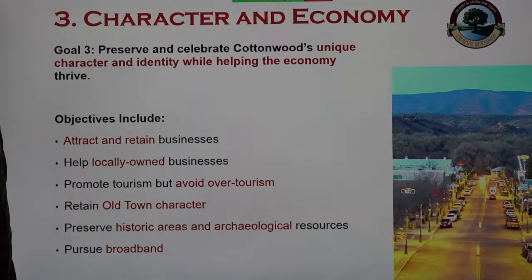Third chapter is character and economy. This element is about preserving and celebrating Cottonwood's unique character and identity while helping the economy thrive. So this takes economic development and community character and mashes it together because they are very dependent on each other. You really can't have one without the other. So the idea here is to attract and retain businesses. Another objective is to help locally owned businesses, promoting tourism, but avoiding over-tourism, because tourism does benefit our small, independent, locally owned businesses, but